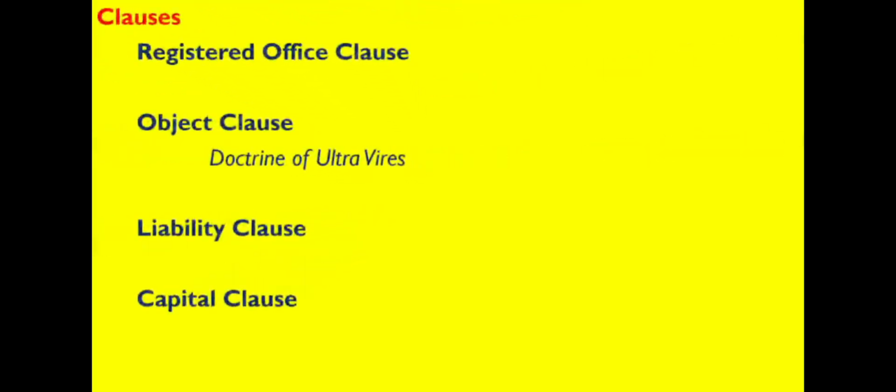The registered office of a company determines its nationality and jurisdiction of courts. It's a place of residence and it is used for the purpose of all communications with the company. Section 12 of the Companies Act 2013 talks about registered office of the company. Before incorporation of the company, it is sufficient to mention only the name of the state where the company is located. But after incorporation, the company has to specify the exact location of the registered office.